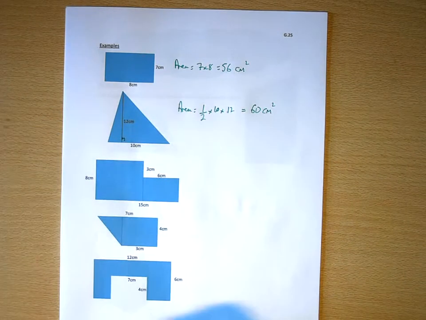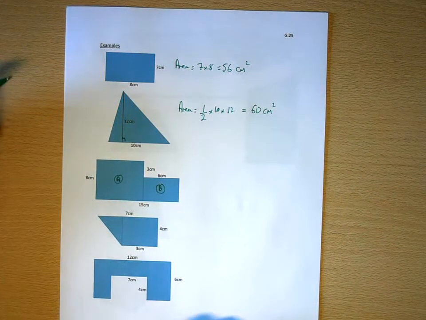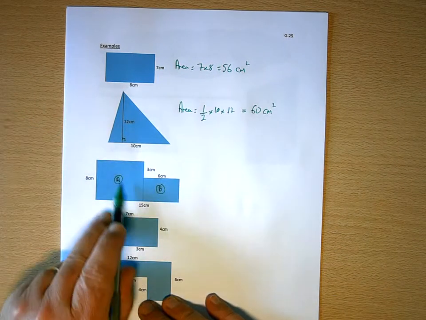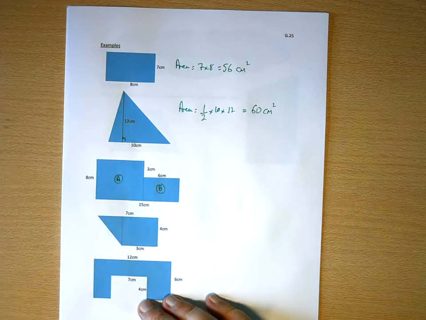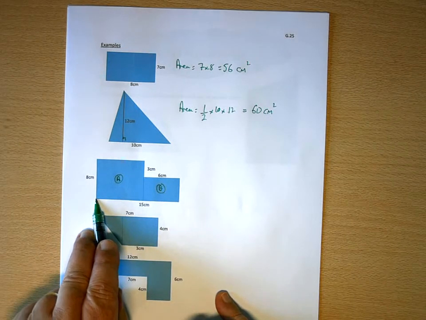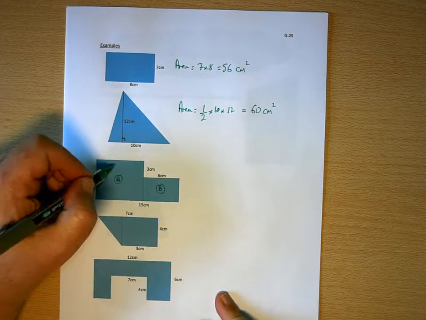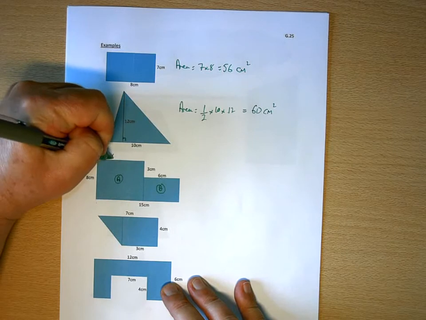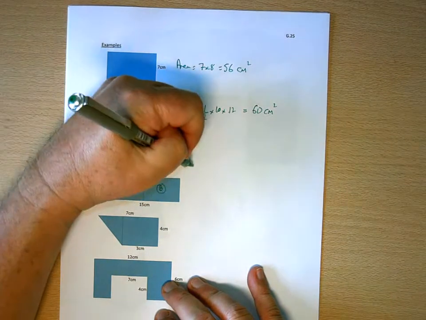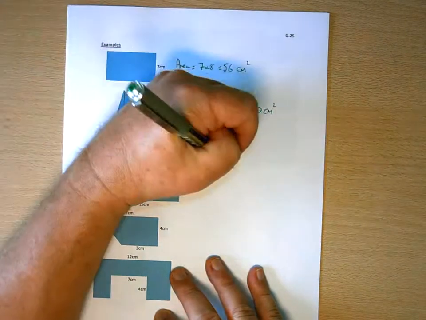So here I've got a rectangle, or 2 rectangles connected. So if I call that one A and that one B, I can see here that the height of A is 8, but there's nothing telling me exactly what the width of that is. But I do have this additional information here that the distance from there to there is 15, and the distance from there to there is 6. So this distance is going to be 15 less 6, which is 9. So the area of A will be 9 times 8,